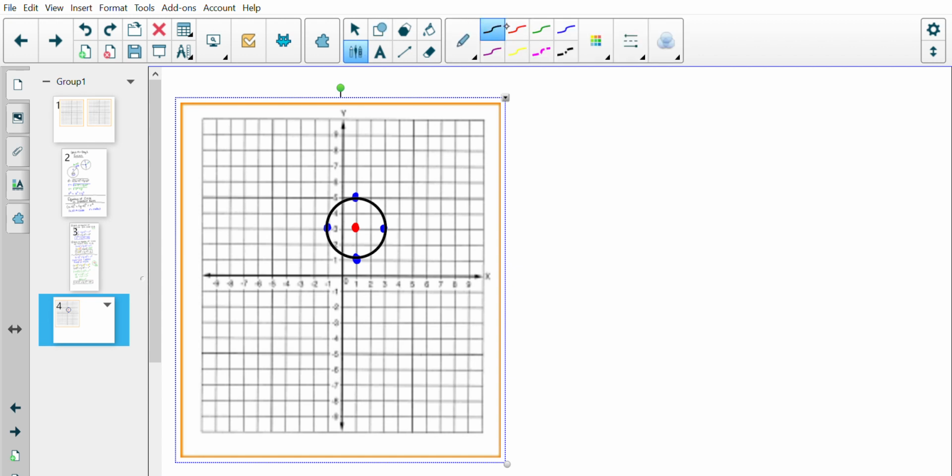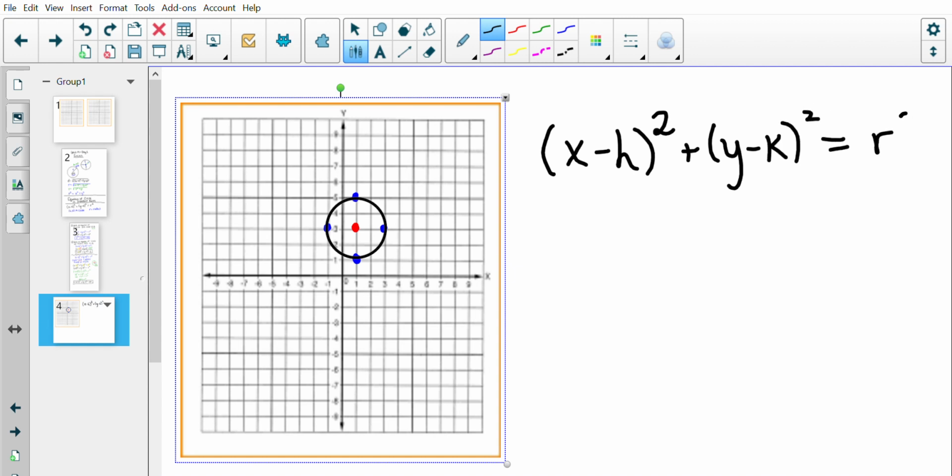So now, given this graph, I want you to come up with the equation. Well, we know the equation of a circle, getting very repetitive here, is the difference of x and h squared plus the difference of y and k squared, and that's all going to equal the radius squared. Okay, well, we know our center, so we had said the center is the point 1, 3. Now, the radius,